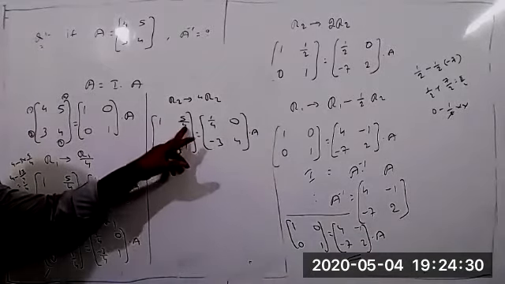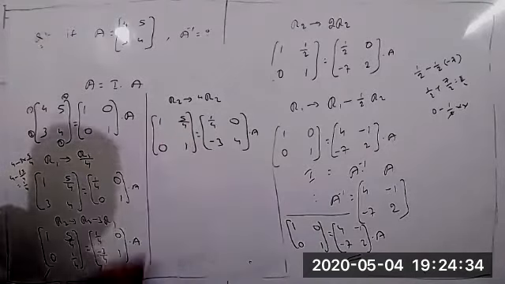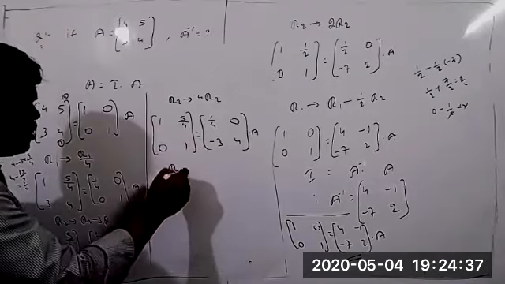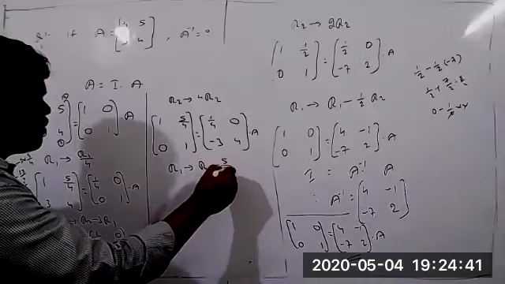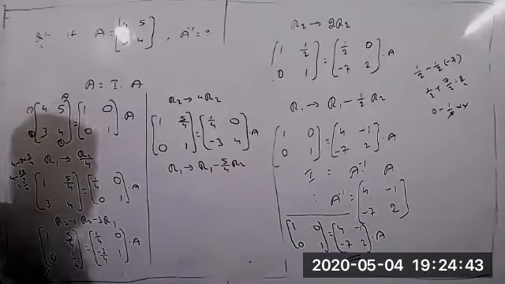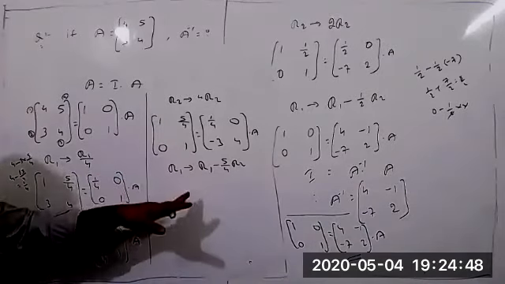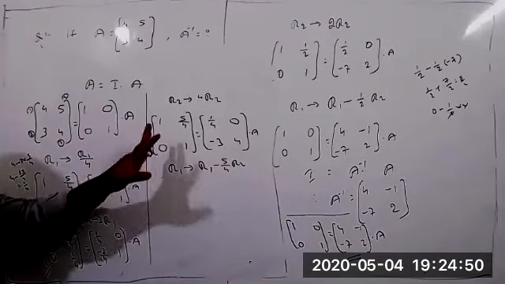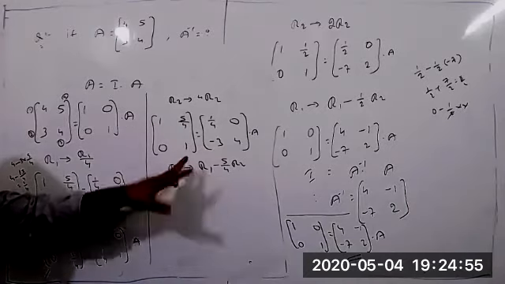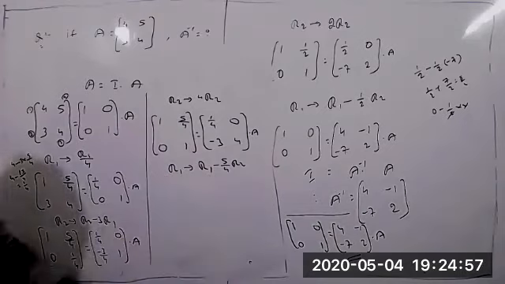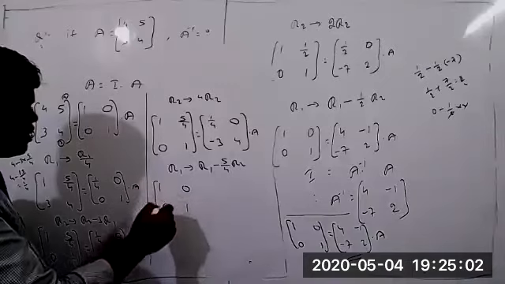Next, this element we have to get 0. In place of 5 by 4 we have to get 0. Then what do we do? This belongs to the first row, so R1 becomes R1 minus 5 by 4 into R2. It's fine now. Because 1 minus 5 by 4 into 0 equal to 1 minus 0 equal to 1 we are getting. No changes at all. So 5 by 4 minus 5 by 4 into 1, plus and minus will be cancelled, equal to 0 only. So 1 0 0 1.